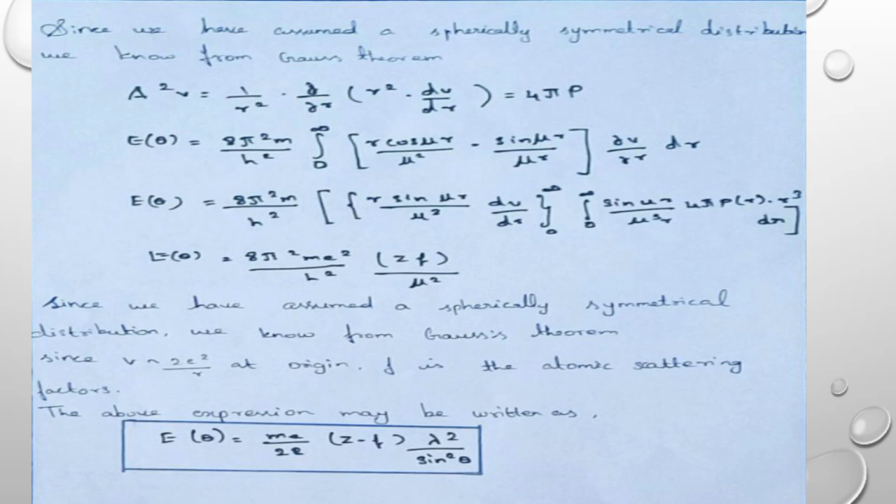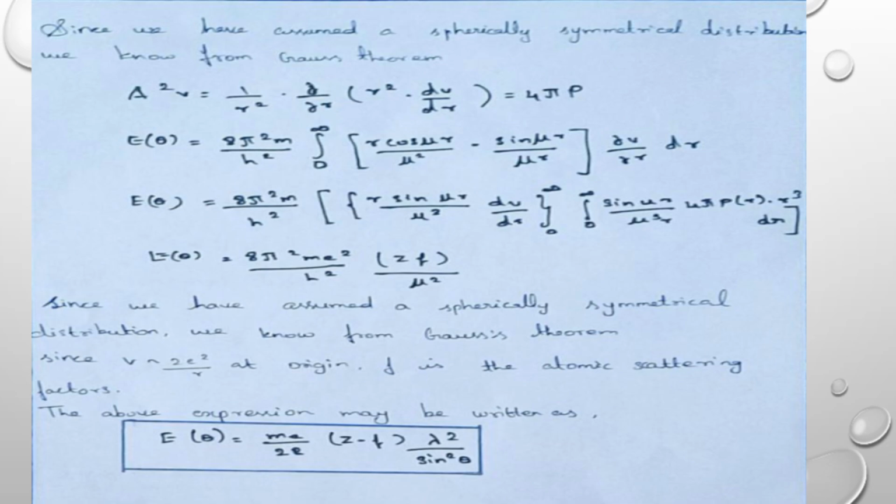Since we have assumed a spherically symmetric distribution, we know the Gauss theorem: del square V is equal to 1 by r square del by del r of r square dV by dr is equal to 4 pi rho. E naught is equal to 8 pi square m by h square integral 0 to infinity r cos mu r by mu square minus sin mu r by mu cube